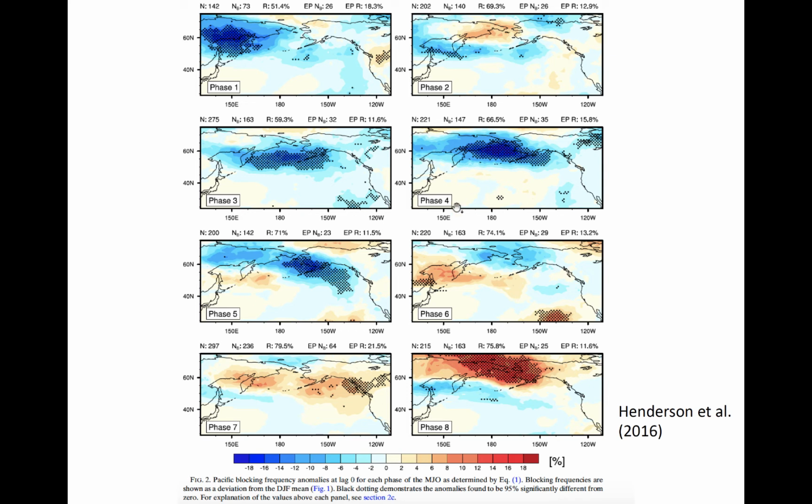For example, if we're looking at phases 3 and 4 in the second row, recall that convection is more active then than normal over the maritime continent. These plots here show that clear subseasonal variability in blocking frequency, with statistically significant results hashed. For example, during phase 4, less than normal blocking, which could also be interpreted as more than normal troughing, is seen over the North Pacific. During phase 8, the opposite is true, and more than typical blocking occurs.